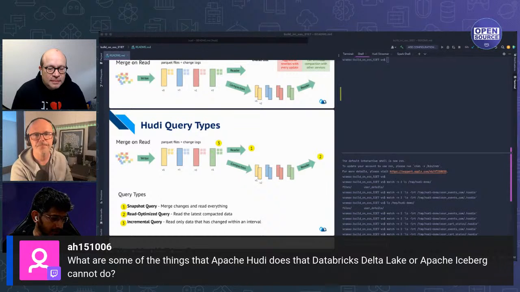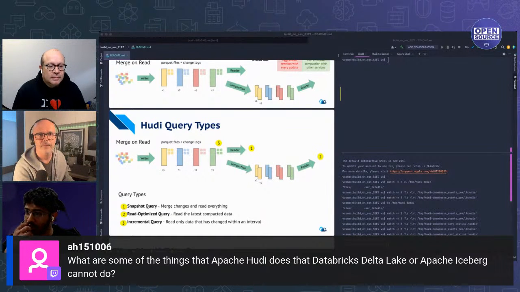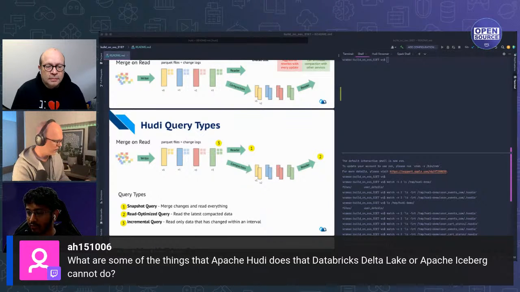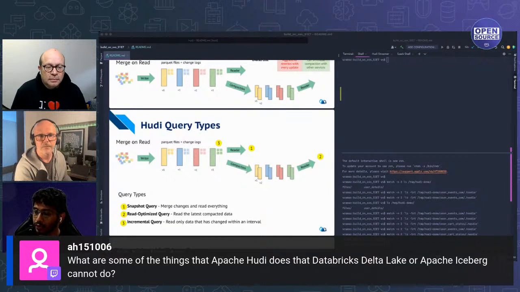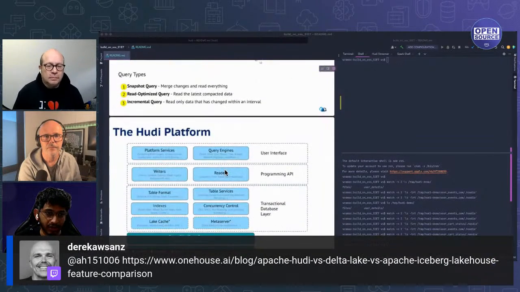So I would say, okay, there's actually a pretty detailed blog on OneHouse, and I even have a slide where you can find a link for it. But very high level, Hudi is a lot more suited for mutable workloads, because we have an indexing subsystem. Something like MOR, merge on read, is something that has been supported in Hudi for 2 years, right? So you get MOR, indexing, a lot better concurrency control,